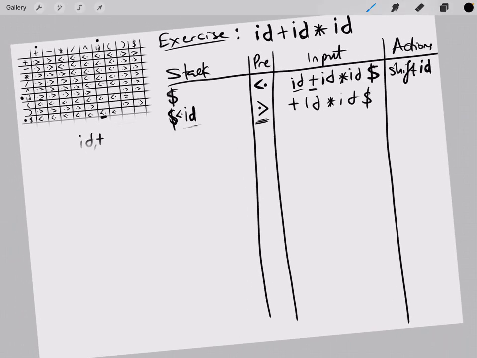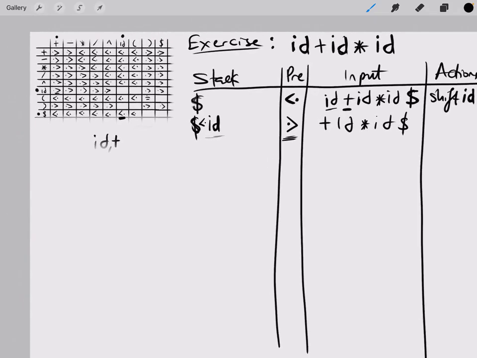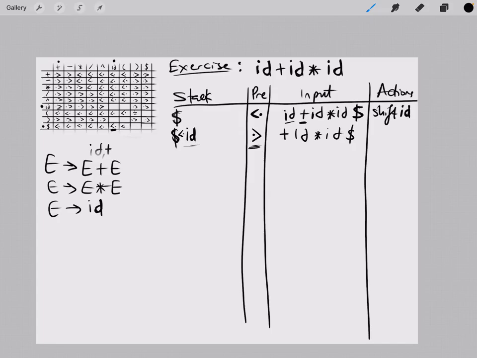I'm going to bring back the grammar so that we won't be lost. We have E derives E plus E. We also know that E derives E star E. We also know that E derives ID. I think those are the three that we need to use right now. So we have these guys. Now when we are reducing E derives ID, ID is over here. So reduce E derives ID. So what does that give us? It gives us,